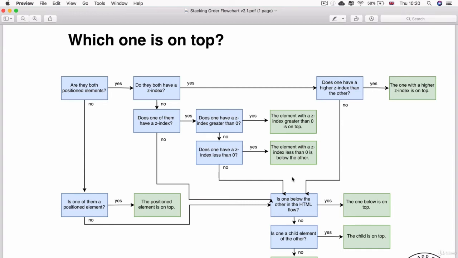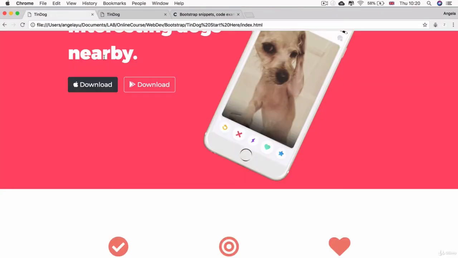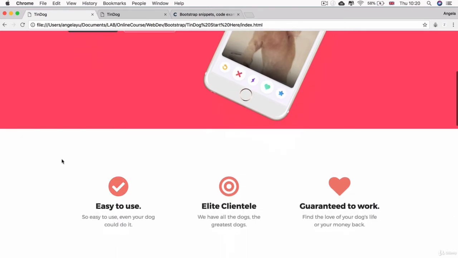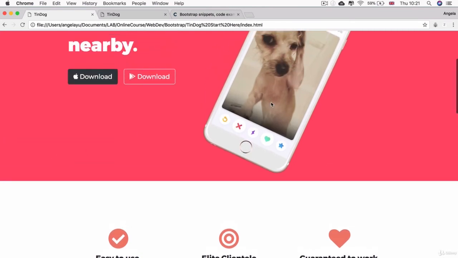I want you to use the flowchart and what you've learned about the Z index and stacking order to make our phone image hide behind the feature section. And I have to give you a hint. Remember that this section is actually not white, it's see-through by default. So you need to make this section's background color white explicitly if you want it to be able to cover